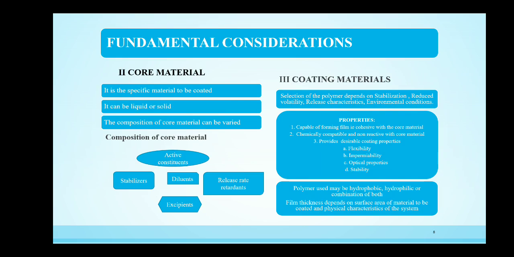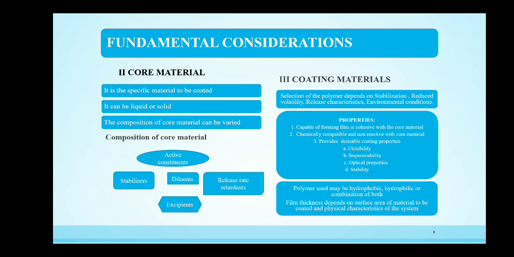Coming to the third fundamental consideration of microencapsulation, the coating material. Selection of the appropriate coating material decides physical and chemical properties of the microcapsule or microsphere. Selection of the polymers requires products which are stable, having reduced volatility, good release characteristics and good environmental conditions. Coming to the properties, polymers should be capable of forming a film that is cohesive with a coating